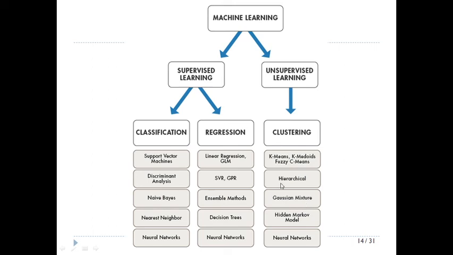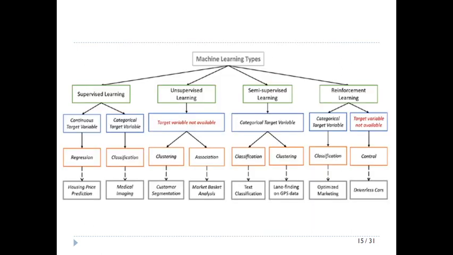Again, you don't have to memorize all of this. This is just for your reference, because further on you will learn about it in more detail. This is more about giving you an overview of such techniques, and we will discuss some of the techniques in particular. As a home assignment, I would ask you to go through this chart, because it is self-explanatory, and even if you don't understand it, you can Google these terms: housing price prediction, medical imaging. That will give you a lot of idea. Read all of these categories so that you understand why one particular category falls under that particular type of learning.